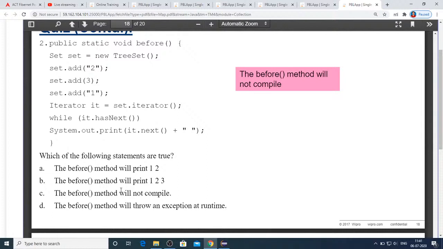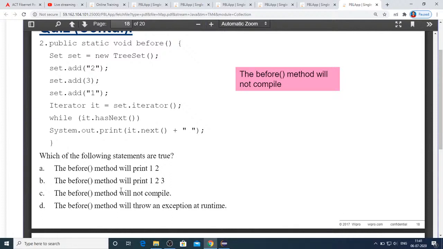Public static void, before set tree set dot add of 2, set dot add of 3. Yeah, here the answer is given there, but actually it's not the correct answer. Option D will be the answer. You can just try that.